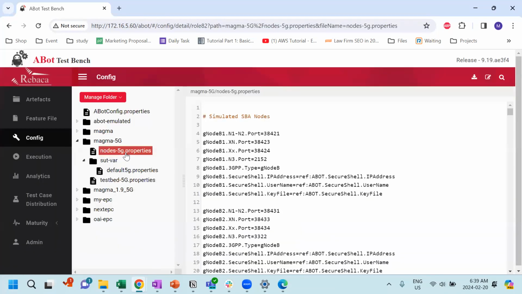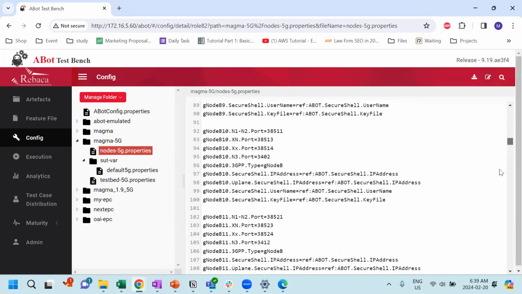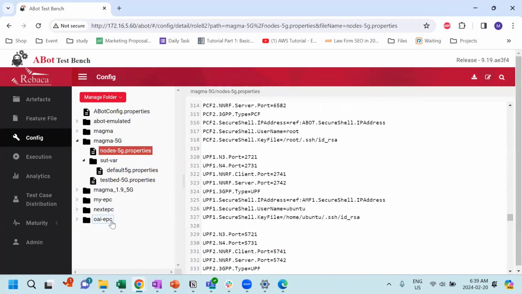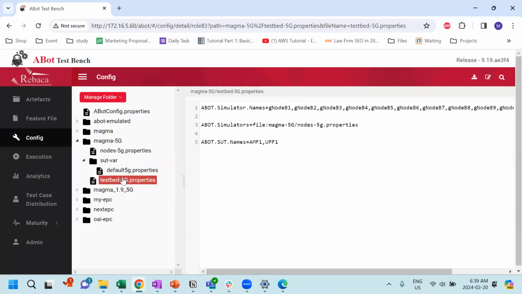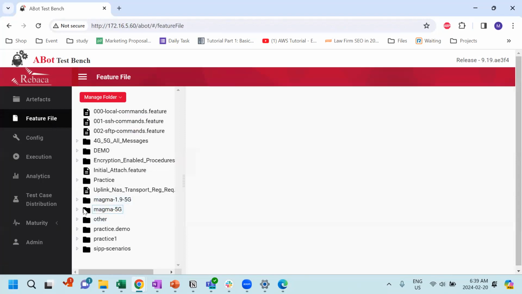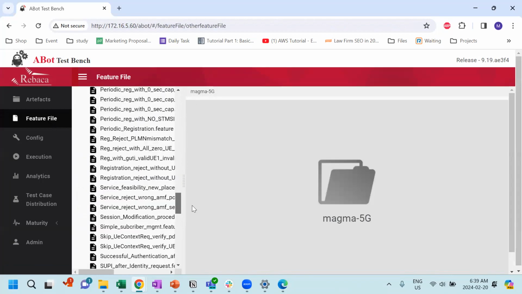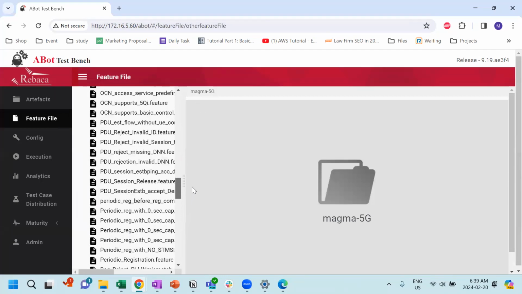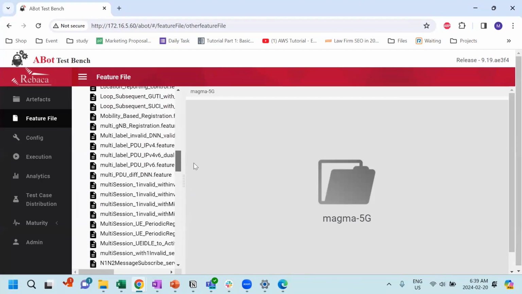On the node side, it goes by gNodeB, AMF, UPF, SMF, and test bed, just classifying what nodes are available, where the location of the nodes are, and any of the AMF attributes available for that support. So if you go into features, for example, we have done a lot of feature examples, but to show how easy it is to